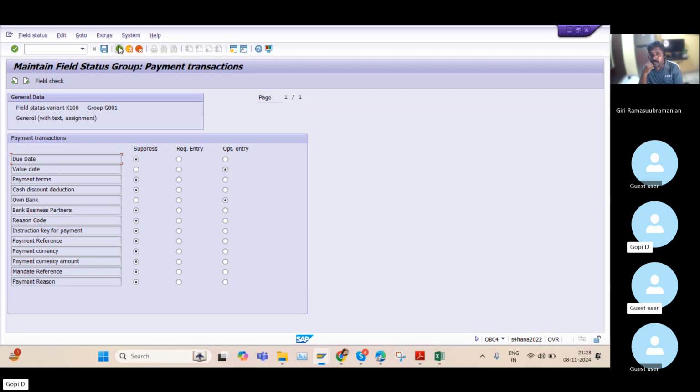And the suppressed entries are by default provided by SAP. We cannot change anything over there, right? Yes, exactly. For example, here in this case, this is the payment transactions. Here the value date we are putting as optional. For example, if I put this value date as a required entry, when I save this one,